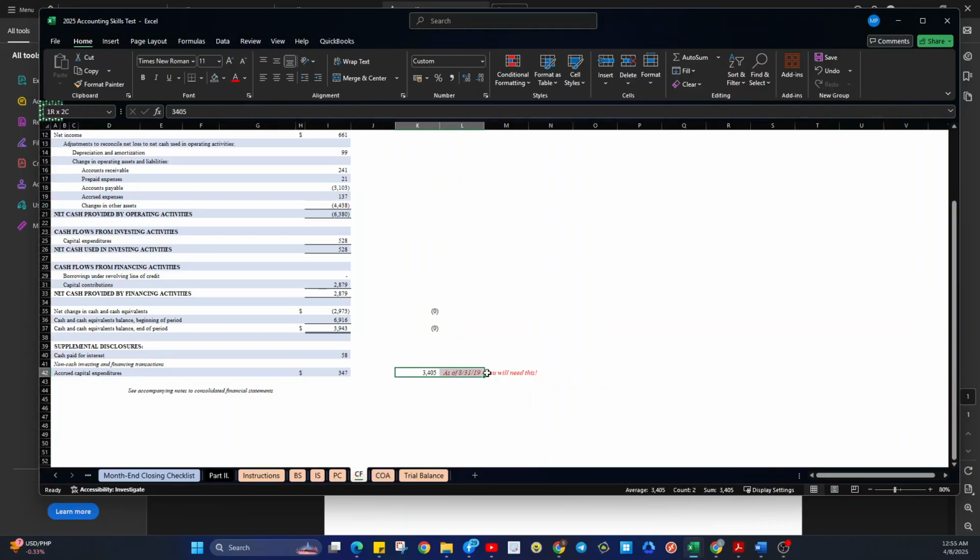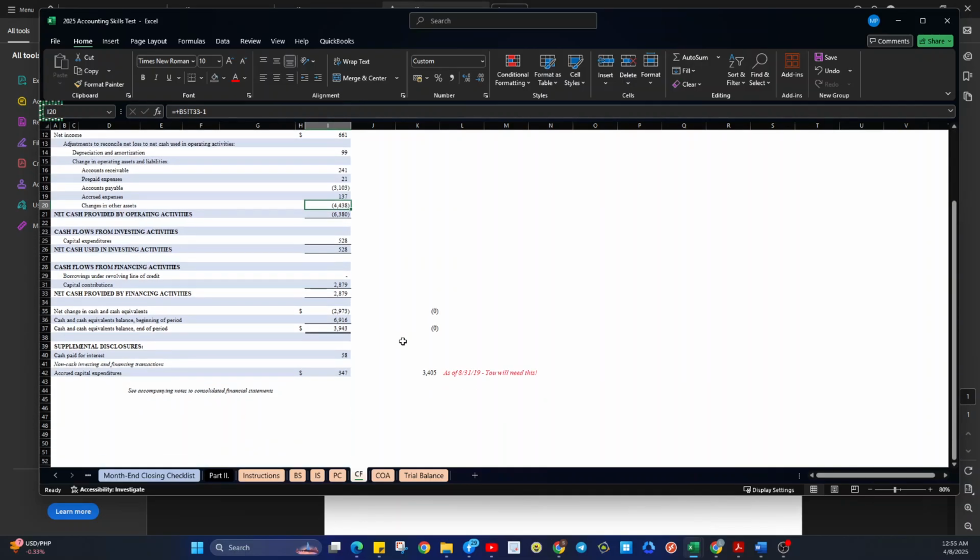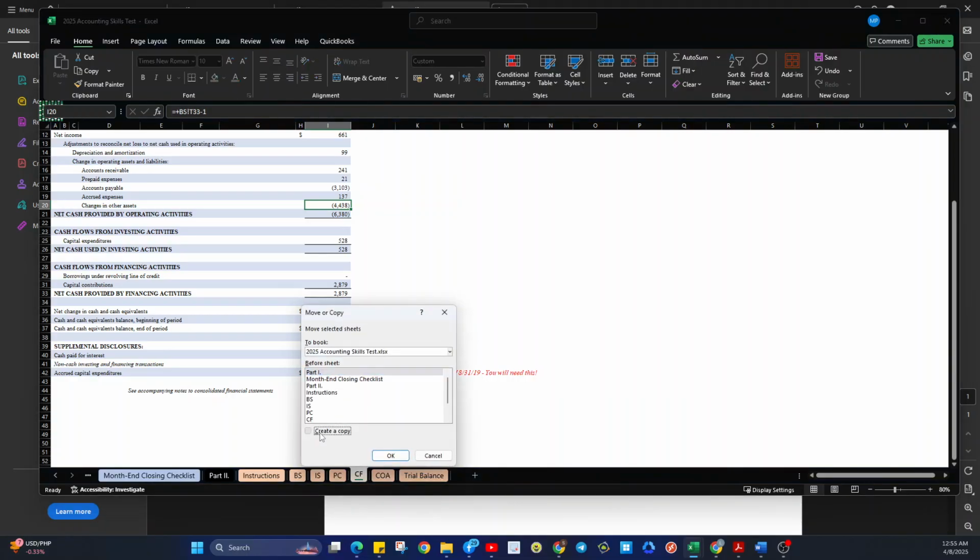Actually, I don't know where to get this one. 3405. As of 831, you will need this. 3405. 2019. It's able to cover for the movement. I don't know. I wish to know the right answer.